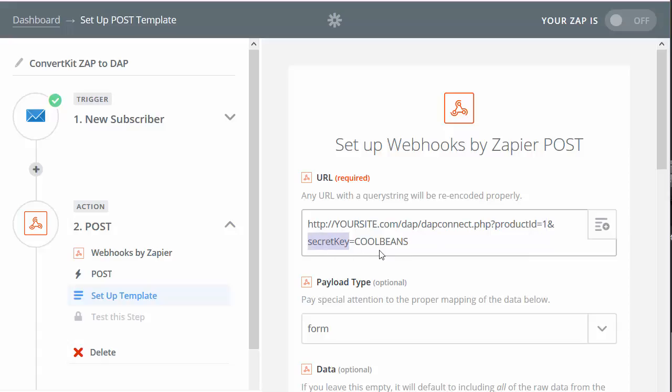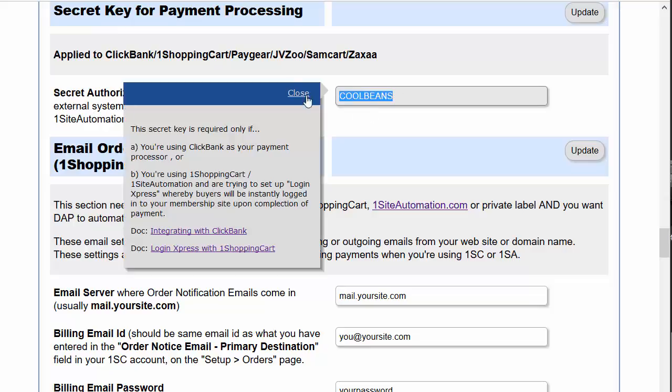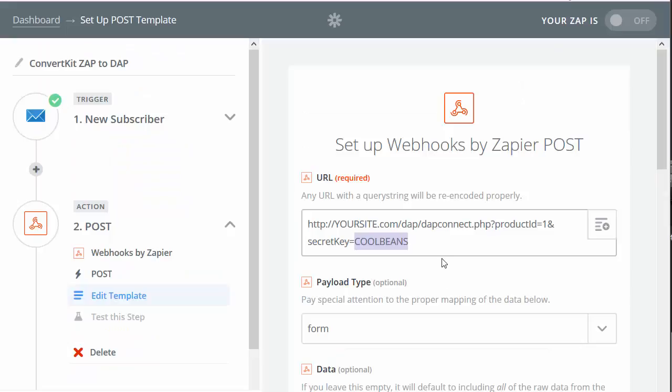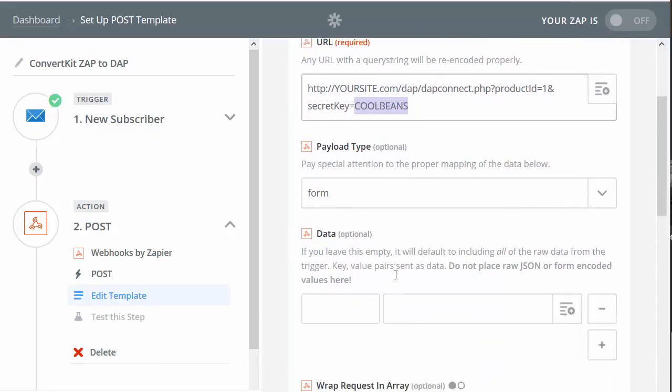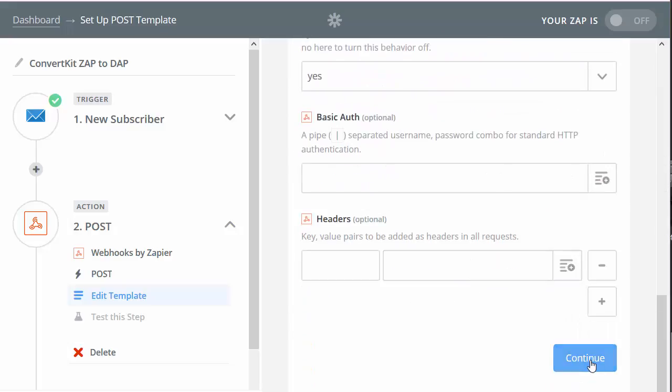This is for security reasons. You can enter anything you want as a secret key. Just make sure that in DApp admin dashboard setup config page, you use the exact same key. Otherwise, the keys won't match and it won't work. So make sure whatever you use here, you need to use the exact same key value right here. And everything else, you don't have to change anything here. You just have to say continue